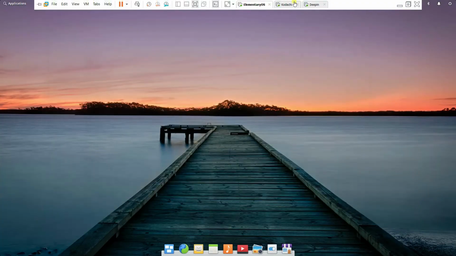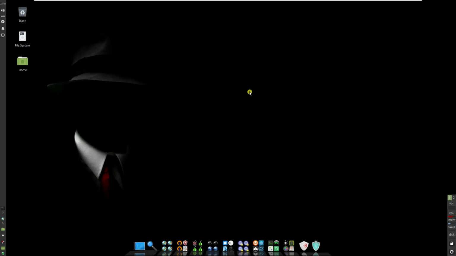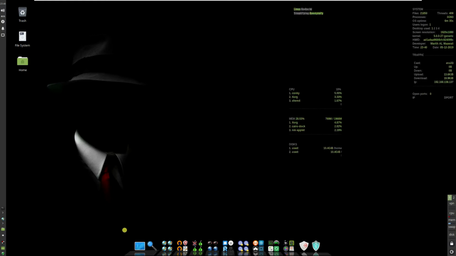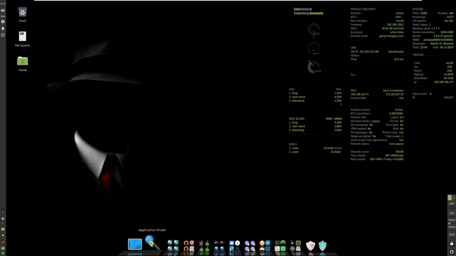And let me switch to our Kodachi. So this is Kodachi. Wow, I like the black interface. Good for hacking related activities or pen testing. Let me just log on and see the interface. It takes a while to load. Okay, so same as in a Mac, the launcher is located at the bottom of the screen. You got show desktop, application finder,